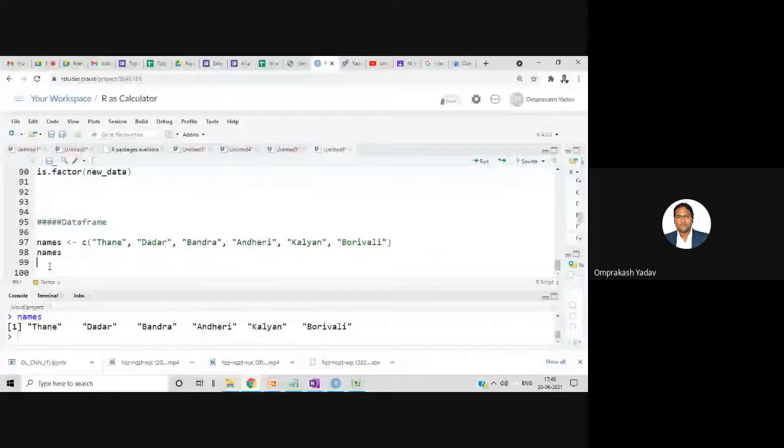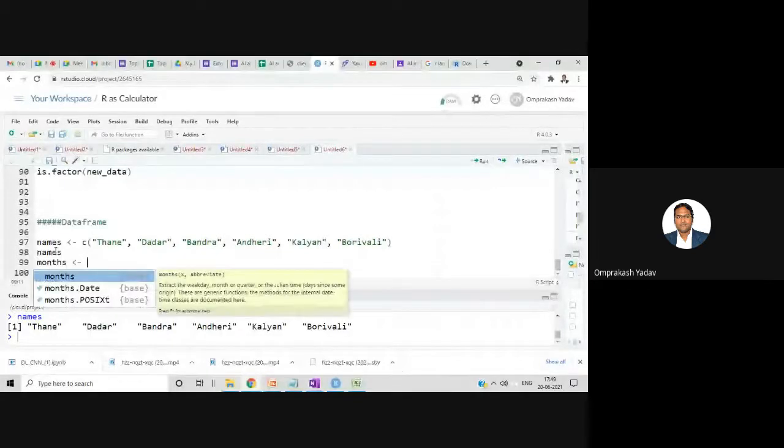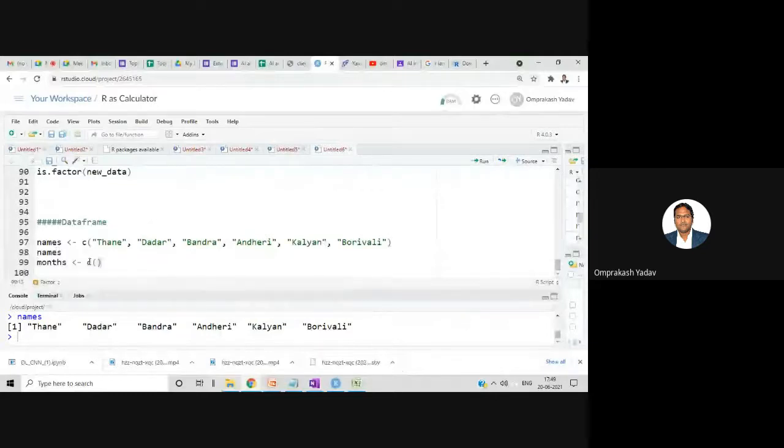Now the next column I'll make, that is month. So this will also be my character vector, right? So with the help of c, May, right? Let's say April, and let's do August.